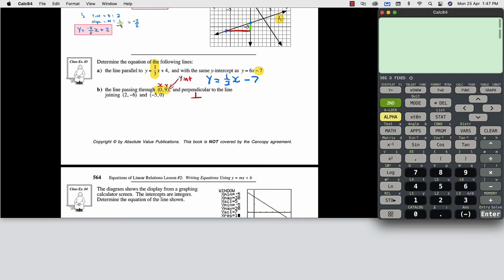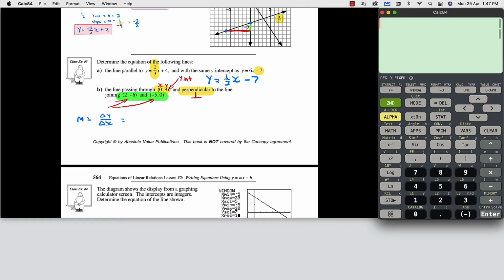So this is going to be important that we recognize it's perpendicular to a line that's going through these 2 points. So I need to calculate the slope of these 2 points right here and then apply the rules to make a perpendicular slope. So slope is going to equal the change in y over the change in x,